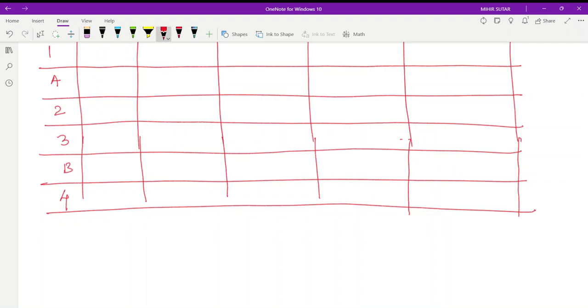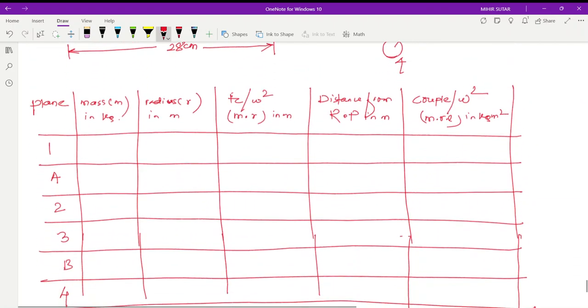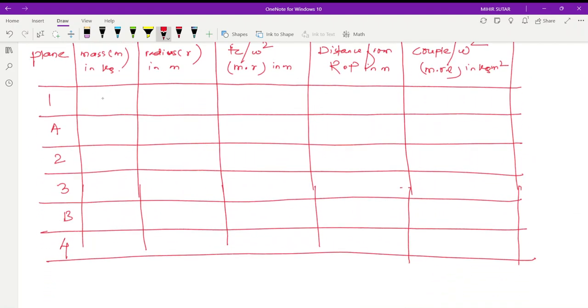So table is completed. Now substituting the values here, let's say it is 18 kg is given, here it is